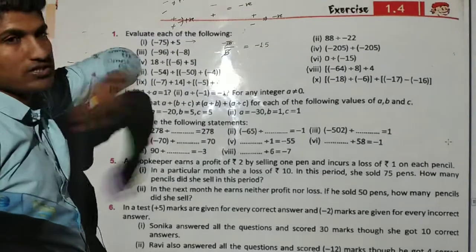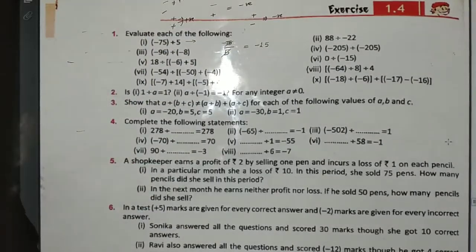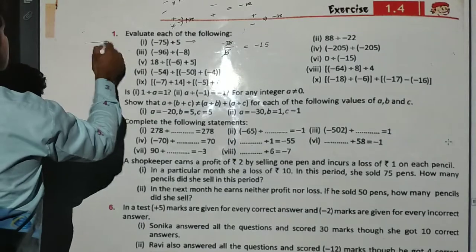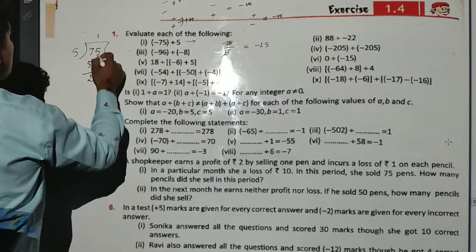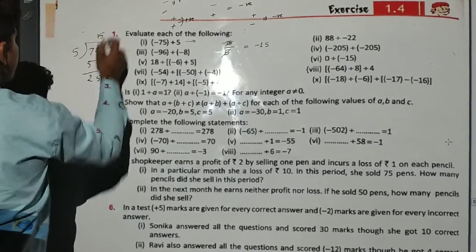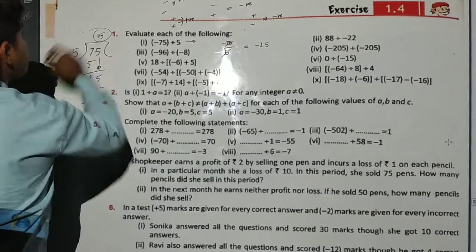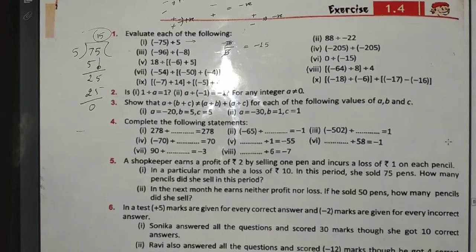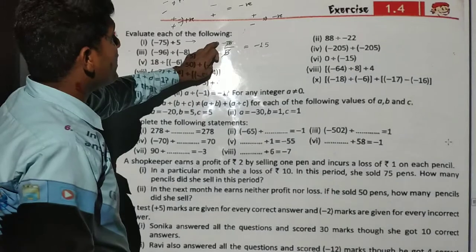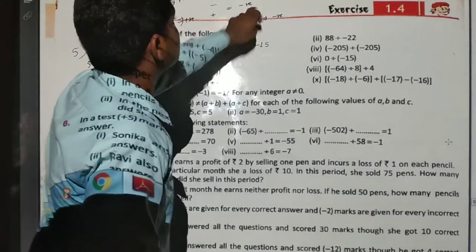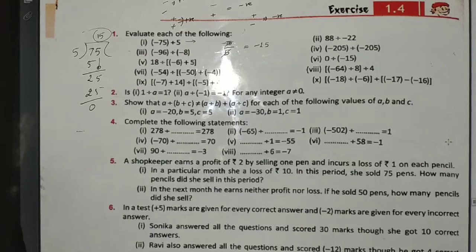So these are the four results that we discussed in our previous lectures. So you have to divide 75 by 5. 5 ones are 5, 5 fives are 25, 5 threes are 15. So our result is 15. But 15 will be taken with a negative sign because 75 is negative and 5 has a positive sign. So with negative on top and positive below, the overall result will be negative. In this way, by practicing questions, we will complete exercise 1.1.